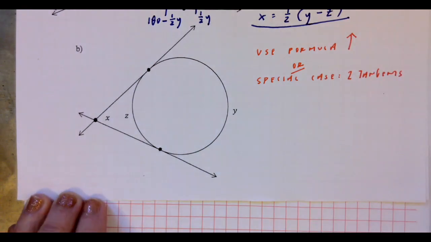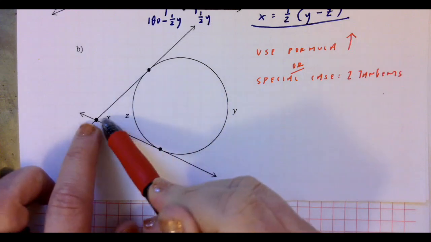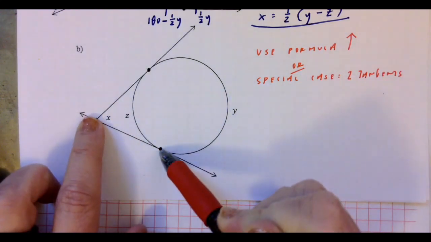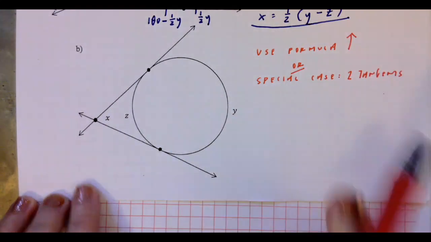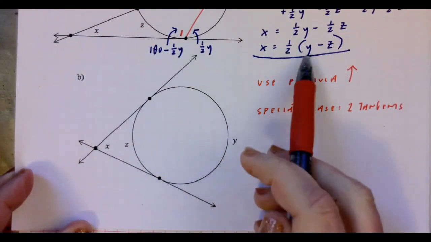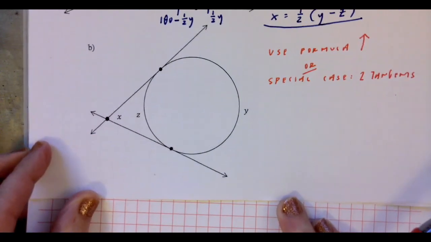Right, two tangents because I see that this line makes contact in one spot, this line makes contact in one spot, tangent segment, tangent segment. So yes, that formula above, this relationship holds. I can do 1/2 the difference between the intercepted arcs,